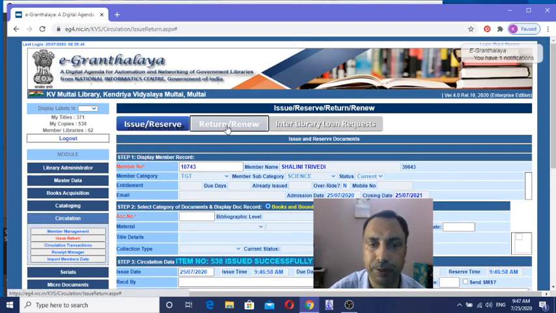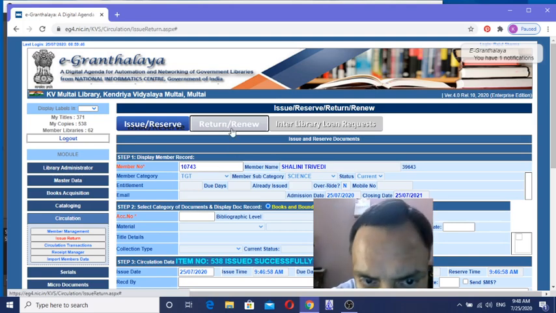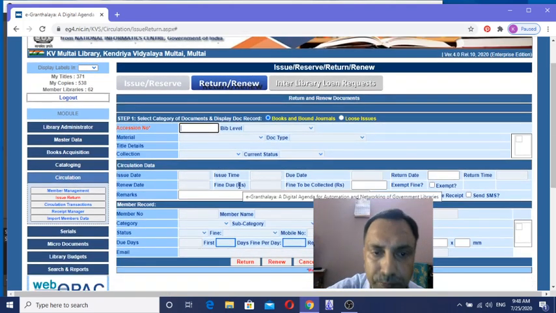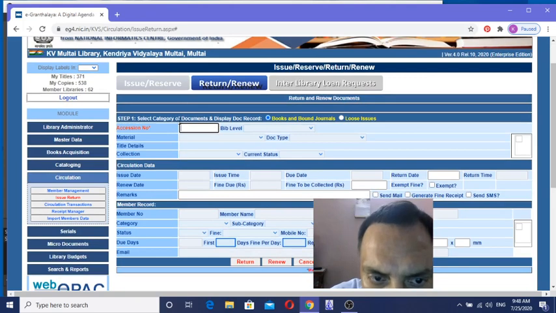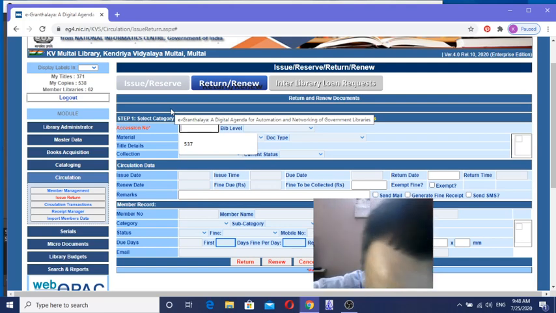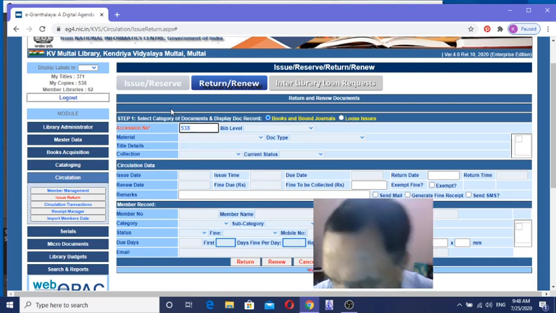Single window system of EG 4. Here. Now we will scan the barcode of the book or simply type the accession number. 538 was accession number.